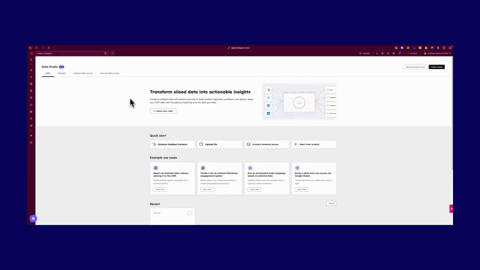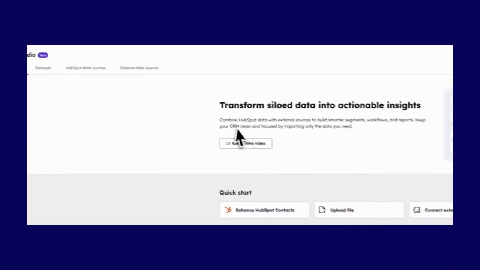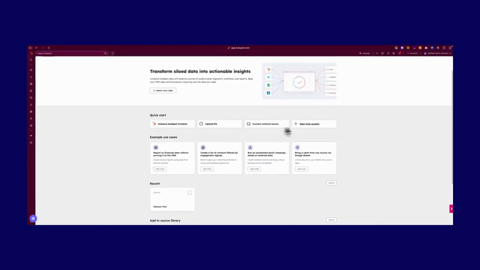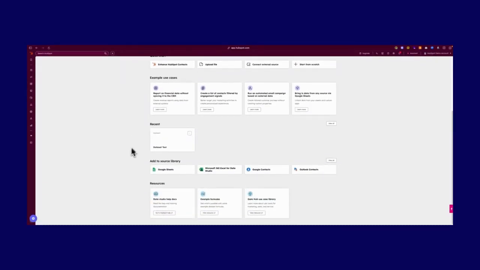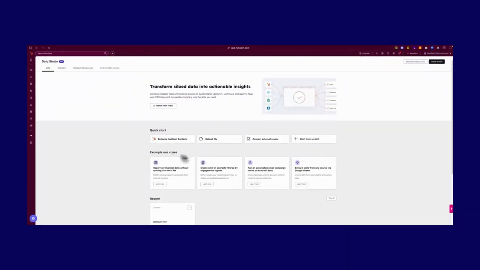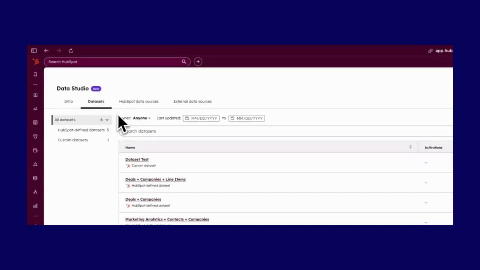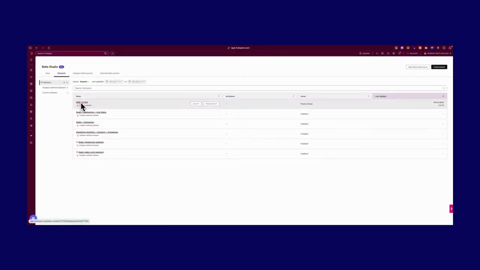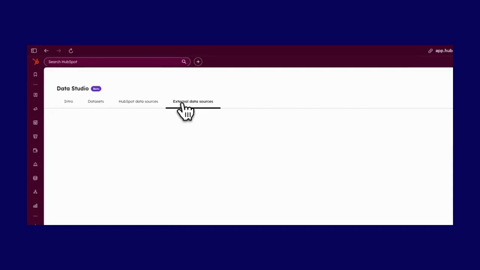So let's just start with getting through everything here. You're going to have obviously the intro, you're going to have quick start options. You can see a test that I created here, but this is basically documentation, source library, example use cases which are helpful, and then quick start. If we move left to right, you're going to see data sets. So these are the different data sets that you can create. You can see I created one of these, the different data sources from HubSpot,